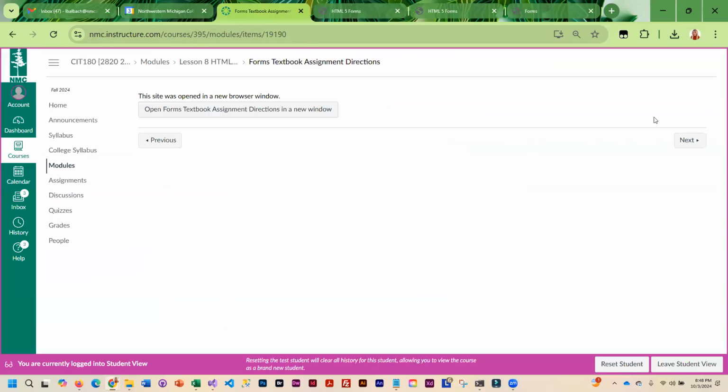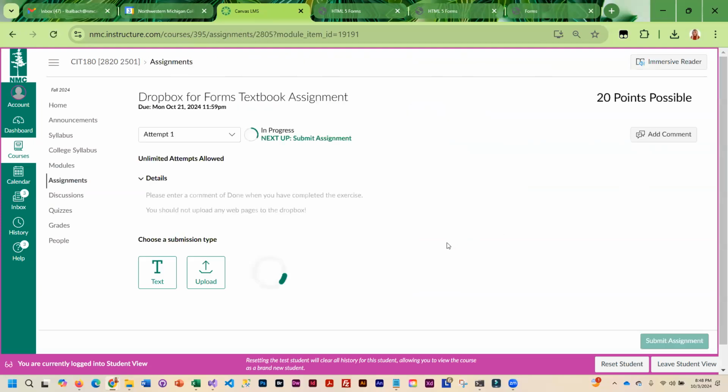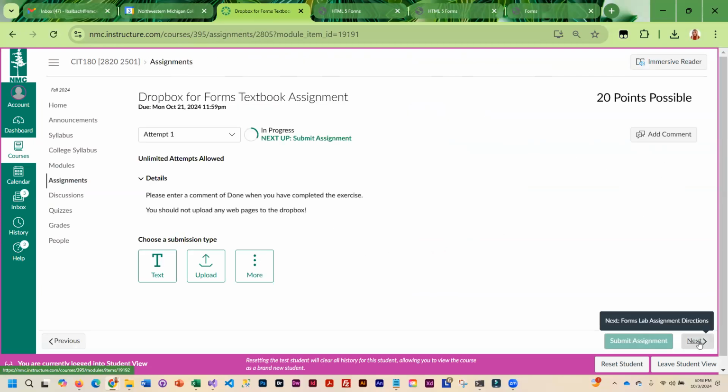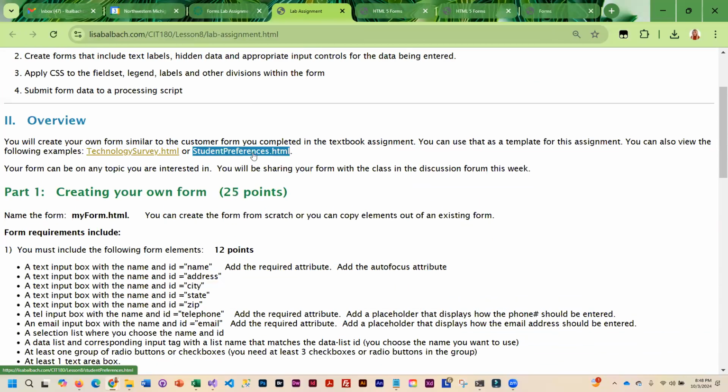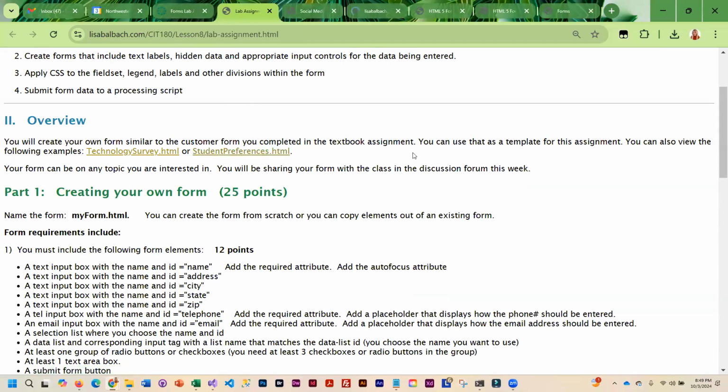And then for the lab assignment, you are going to create your own form, and it can be on whatever you want. Okay, so let's get to that. I do have a couple examples that you can look at. And you have the membership one that you just did for the running club. So you have a couple that I'm going to show you here, and then you have the one that you created that you can copy and paste form elements from and make